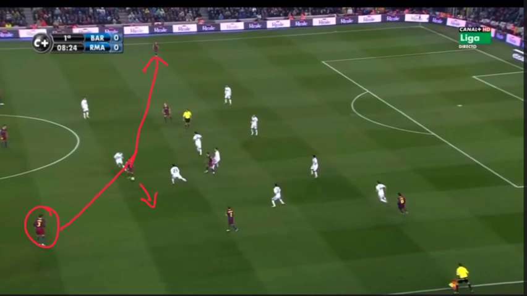Can he make it? Well, that is up to the individual ability of the player, but being able to see it is the first battle. If the player can't see it, there is no way that he can make that pass. So, one more. As we look at it in terms of triangles again, here's 1, 2, 3, 4, and